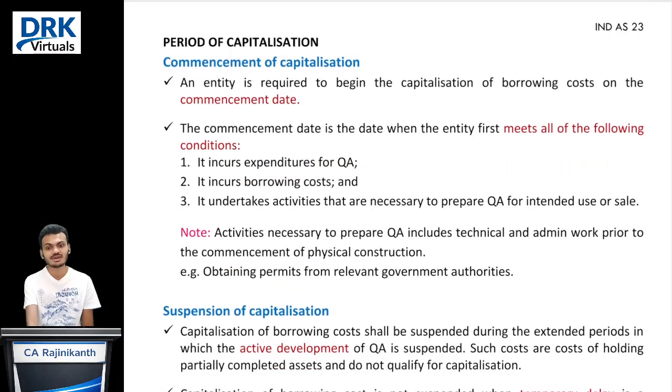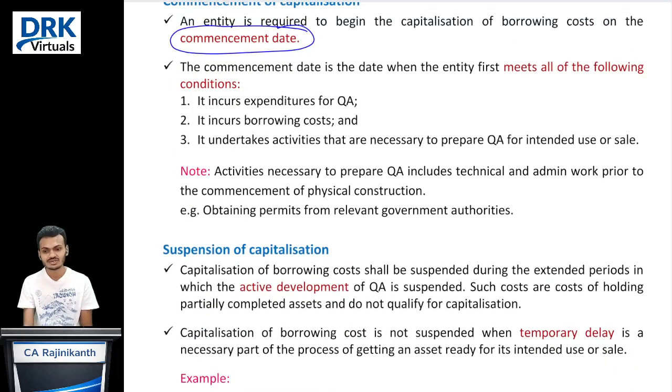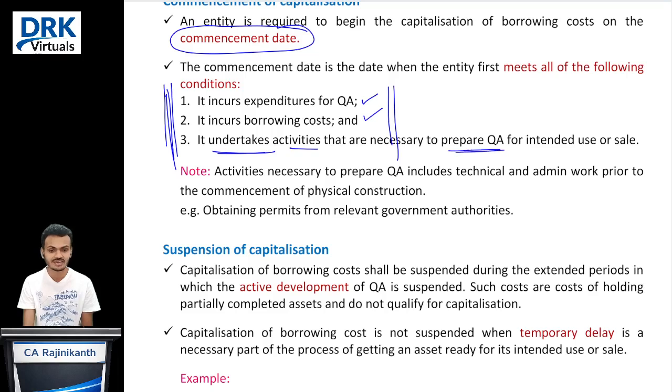And when to start the capitalization, sir? That is our next discussion. The standard is saying that start the capitalization of your borrowing cost from the commencement date. Commencement date is a date on which all these three conditions are satisfied. What is that? The entity shall incur expenditure for the qualifying asset, the entity should incur borrowing costs, and the entity shall undertake activities that are necessary to prepare the qualifying asset for intended